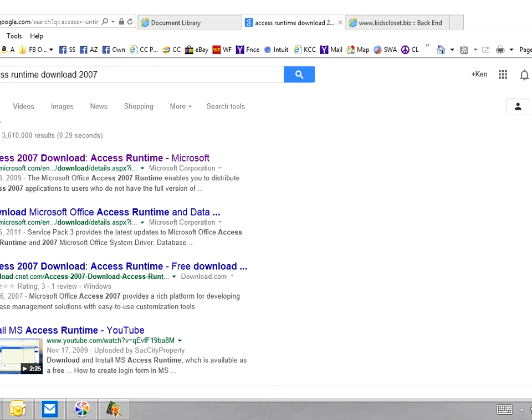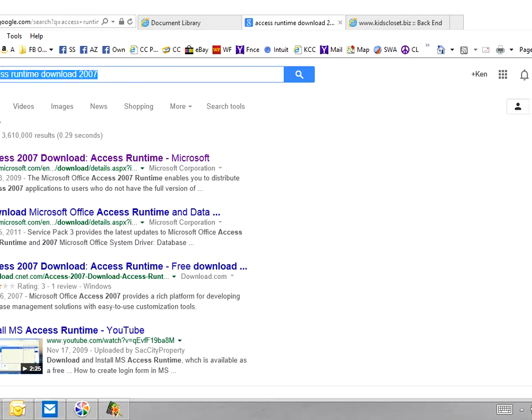You will next need to verify that you have Microsoft Access on your computer. If you have purchased it, that is okay. If you have a trial version of Microsoft Office, you will need to uninstall it if you do not plan to purchase it. After you have determined that you do not have Access 2007, go and Google Access Runtime Download